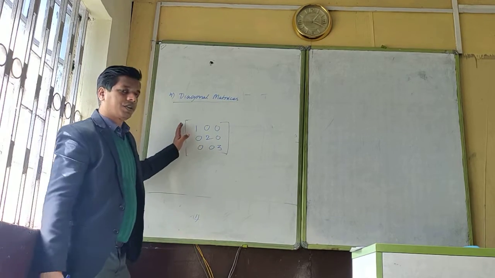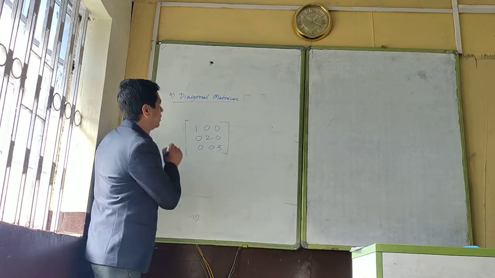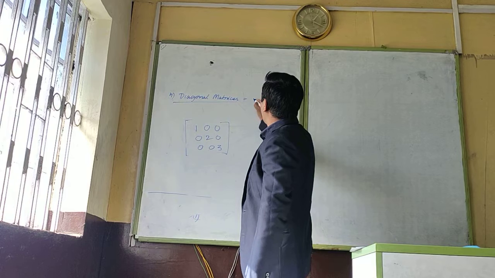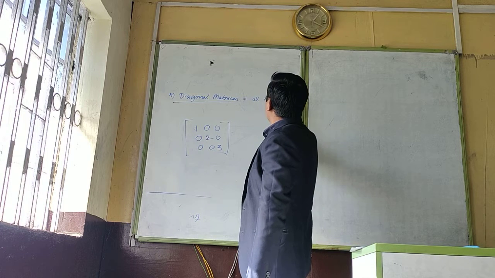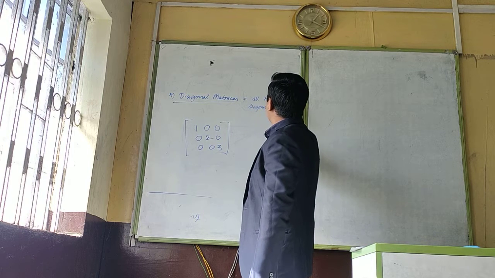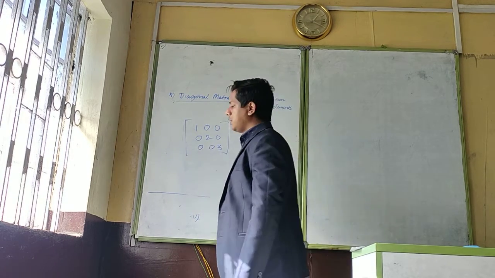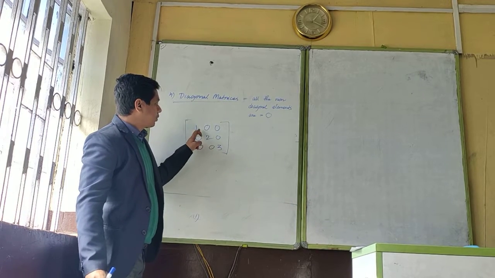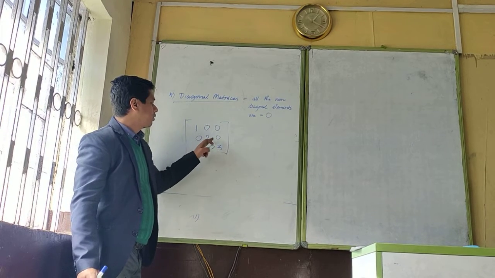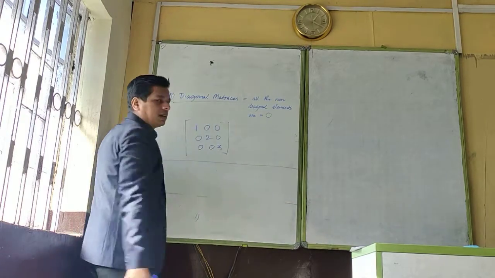So we see in this matrix the number values are assigned in a diagonal fashion. You can see out here. Okay, so what is a diagonal matrix? A diagonal matrix is a kind of matrix in which all the non-diagonal elements are equal to 0. You can see out here, the numbers 1, 2 and 3 have been arranged diagonally, whereas non-diagonal numbers will always be equal to 0. In such a case, we can say this is a diagonal matrix.